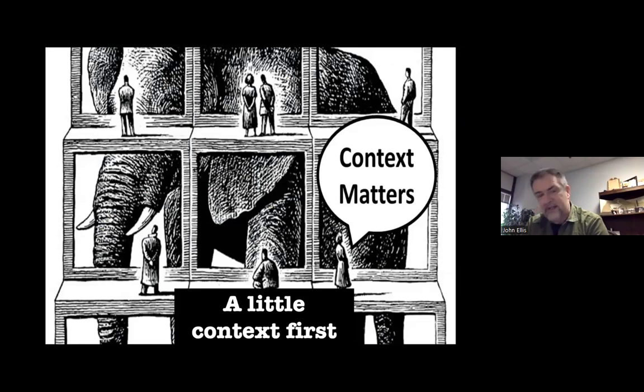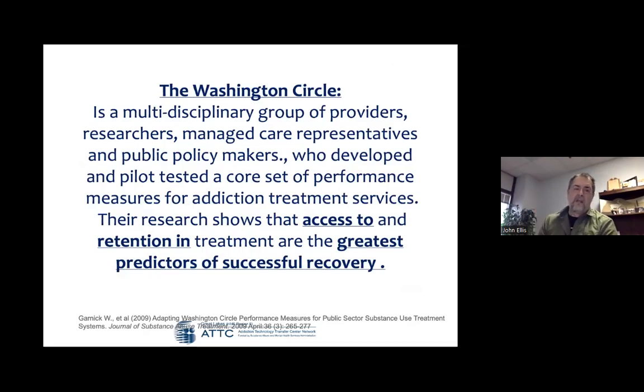But when we're looking at context with this, there's a think tank, and this is a few years old and it's still telling. There's a think tank in Washington that informs practice and informs SAMHSA, Substance Use Mental Health Services Administration, on how to best implement programs. And they were charged a number of years ago to determine what are the best predictors of treatment success in drug and alcohol treatment. And they looked at a number of things.